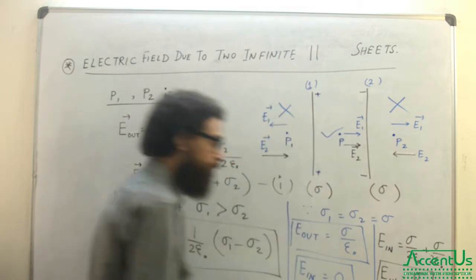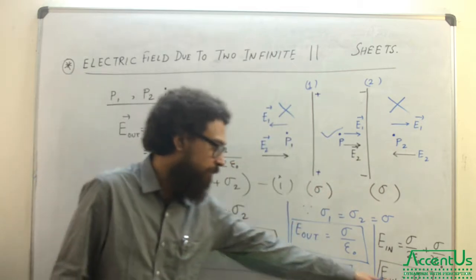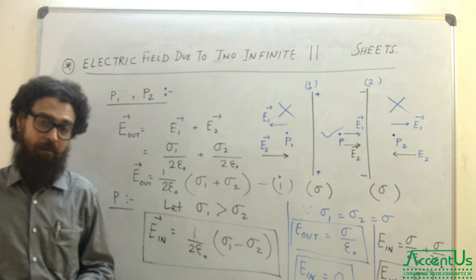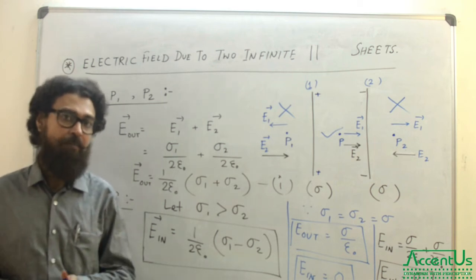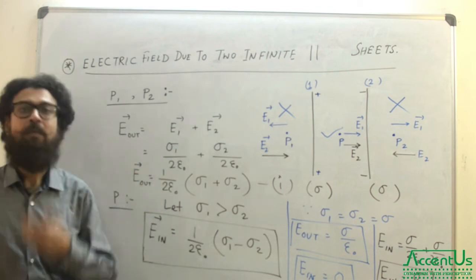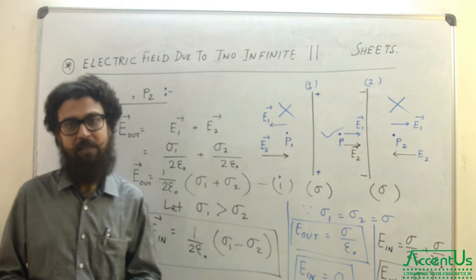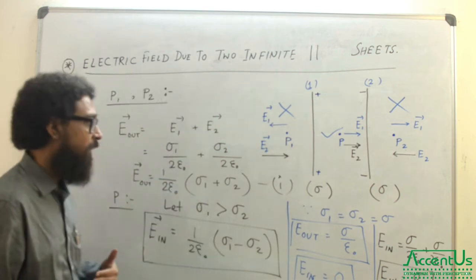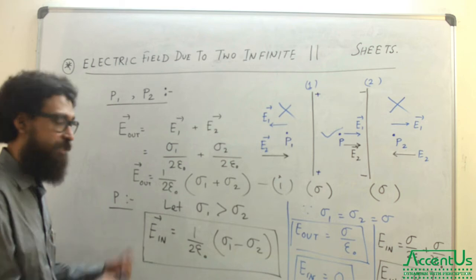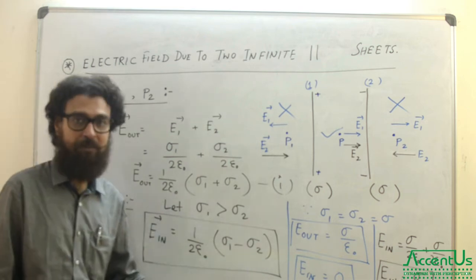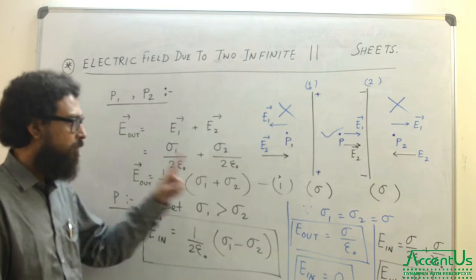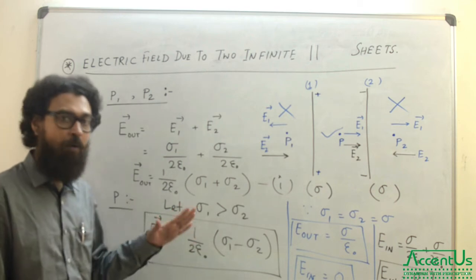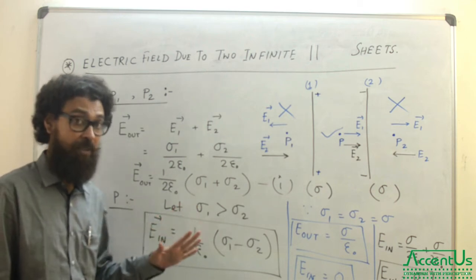I am telling you, these results are very important for you to understand, because these results will be used later on in this section of electrostatics, where we will understand what a capacitor is and other things. Okay, the application part. These are very important. So do write all this. Do draw the diagram twice. You have to draw and understand this. I hope you are not having any trouble.